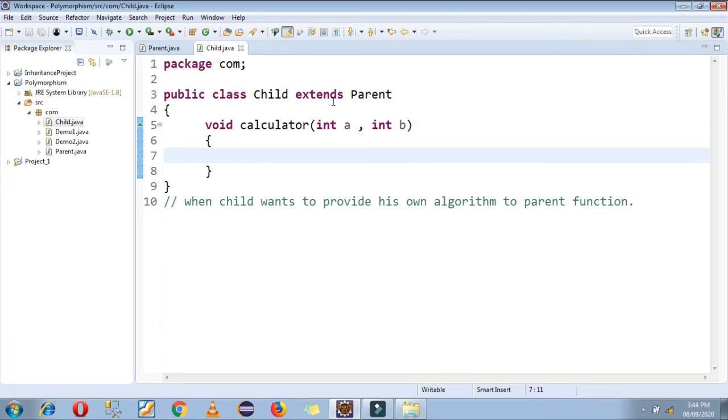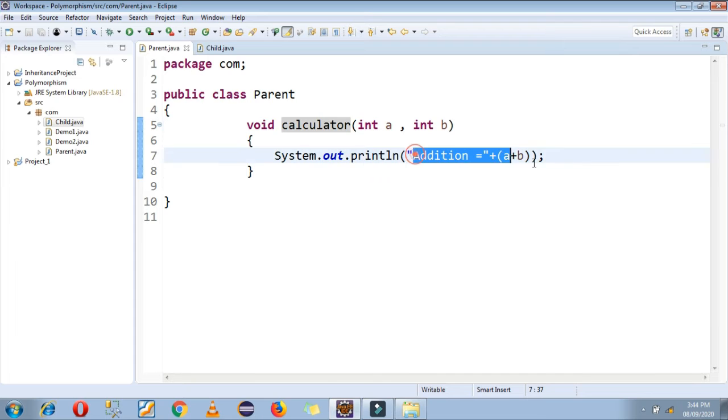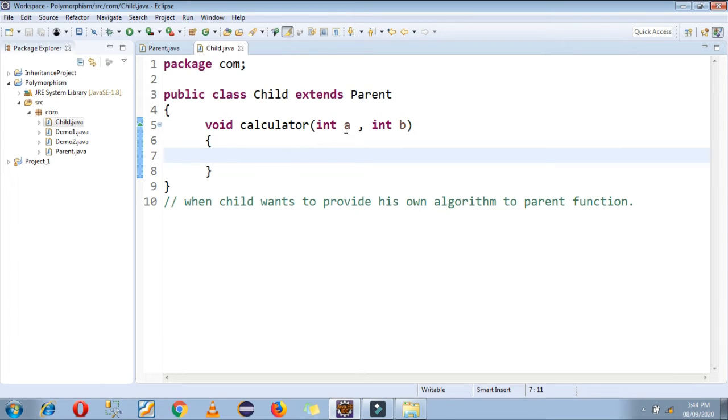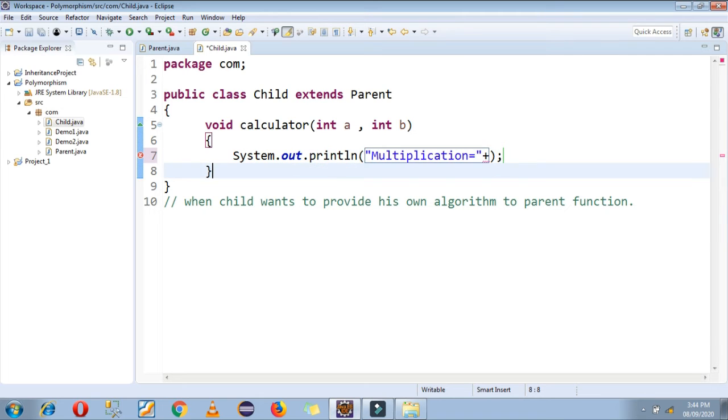In the parent we have done addition of two numbers, but now suppose the child wants to do multiplication of these two numbers. So here I multiply these two numbers. As per the child's requirement I changed the functionality. So this is nothing but